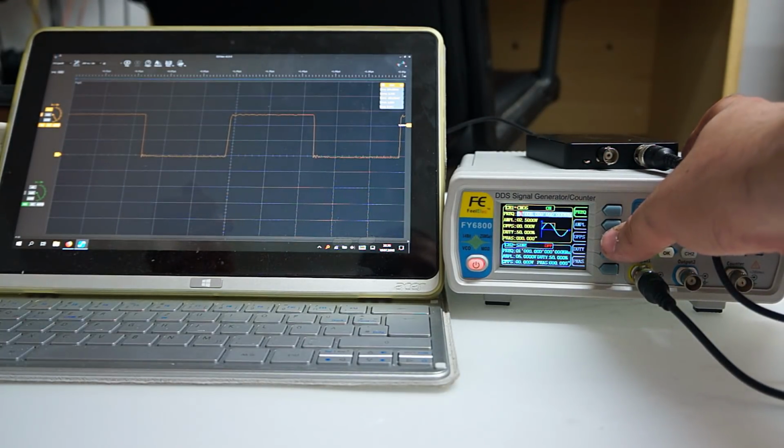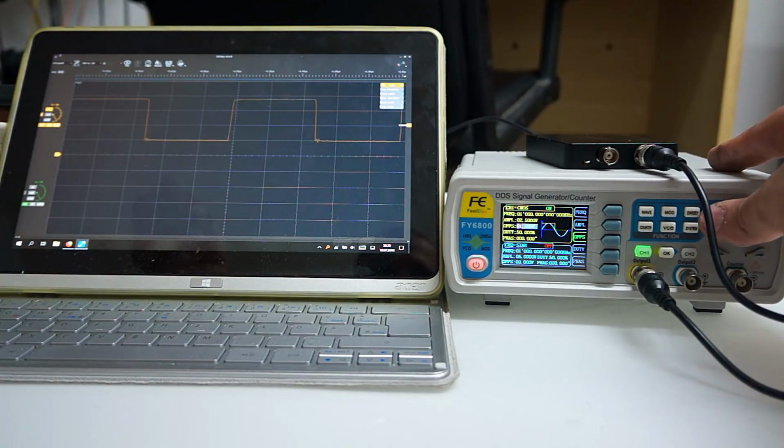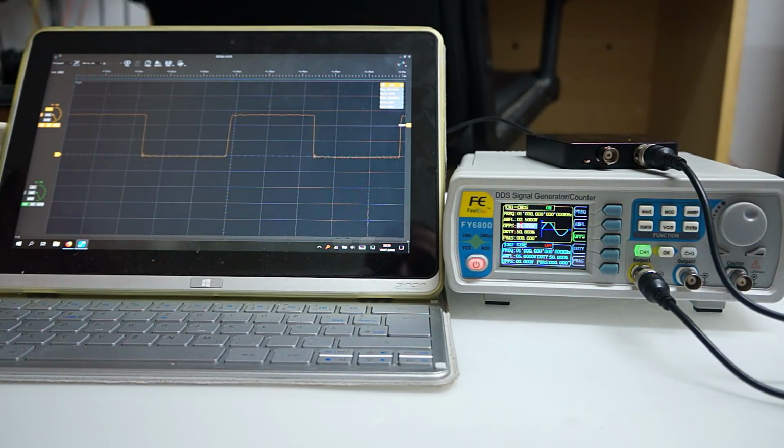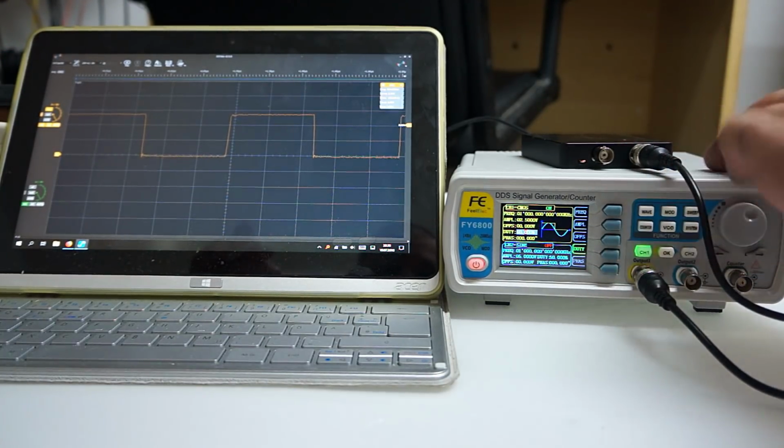And if we now select the offset and change the offset, you can see we can make it jump by 1 volt down or up. It's obviously DC coupled right now. I can turn on AC coupling over there, but I want the duty cycle. I also can adjust